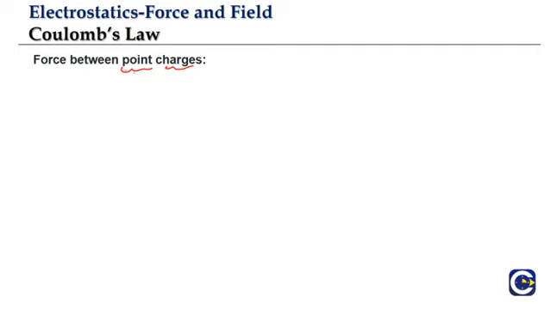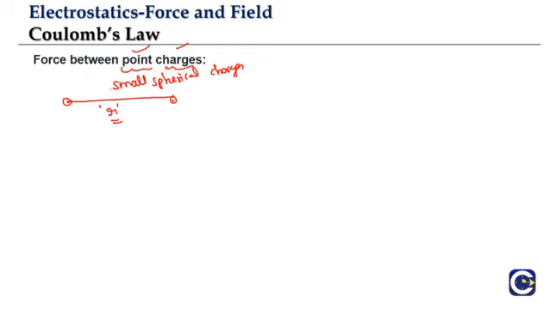While Coulomb's law experiments obviously cannot have point charges, since point charges are merely a theoretical idea, the experimental studies of Coulomb's law were based on small spherical charged objects. Here we'll talk about the distance between the two charges, and in the experimental studies the distance between the two charges is considered as the distance between the centers of these small spheres.